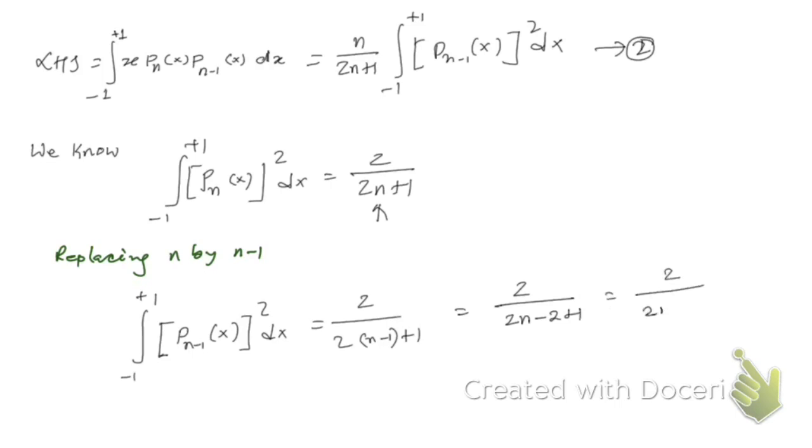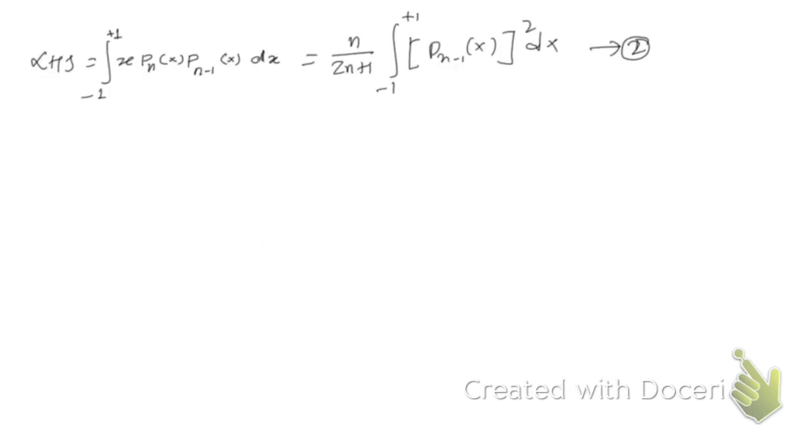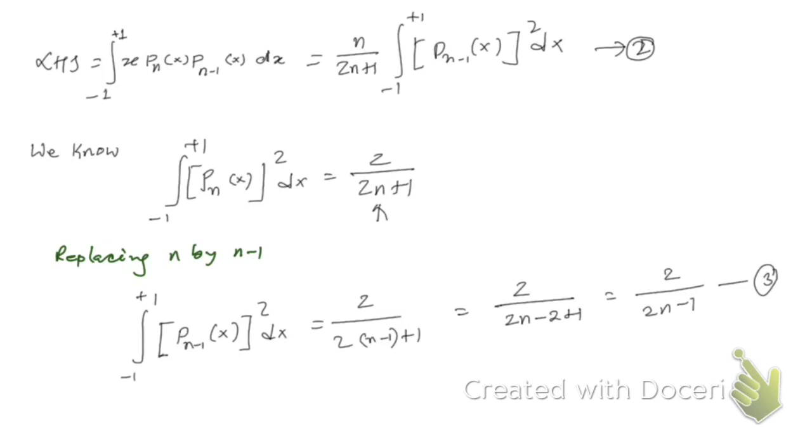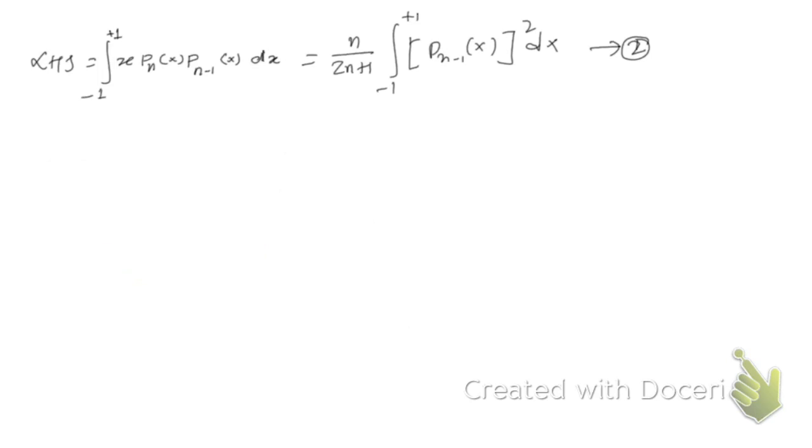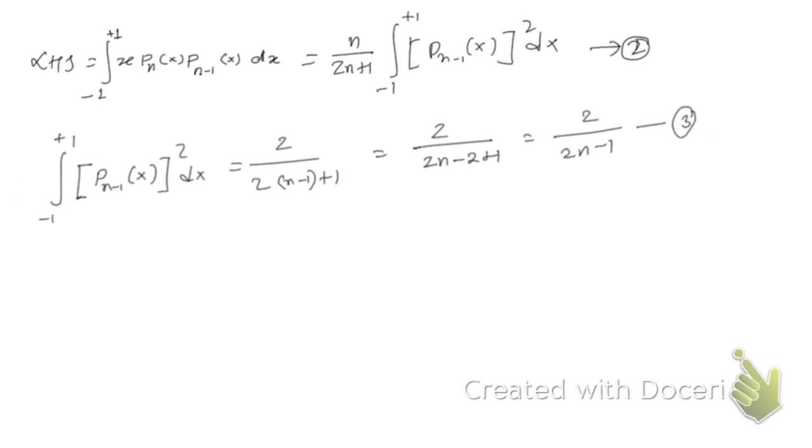2 divided by twice n minus 2 plus 1, that's going to be -1. So let me use equation number 3 in 2. Let me go to the next slide. Let me copy equation number 2 and 3. Let me copy equation number 2 and paste here, and let me copy equation number 3 and paste here. Okay, so using 3 into 2,